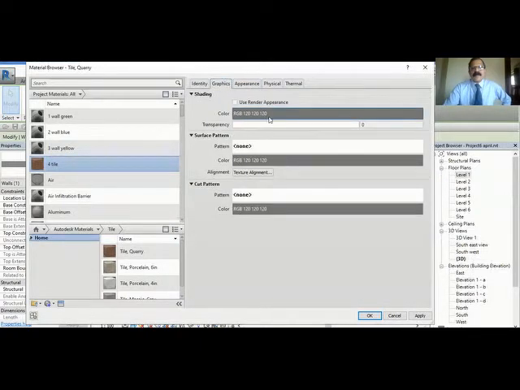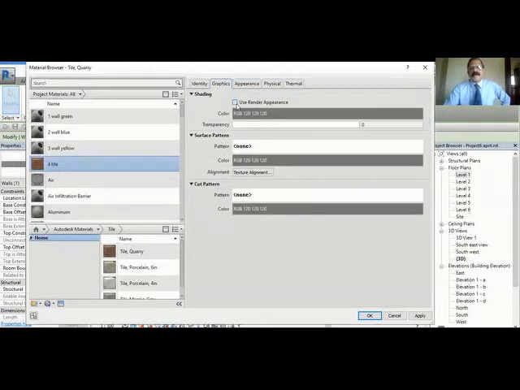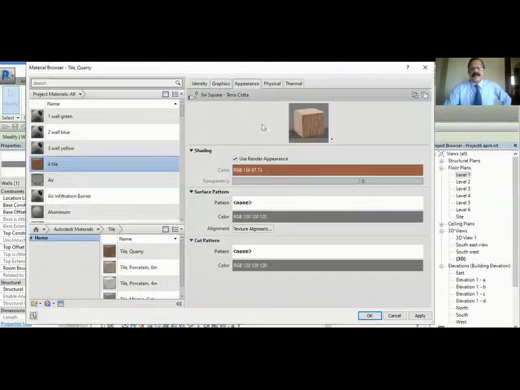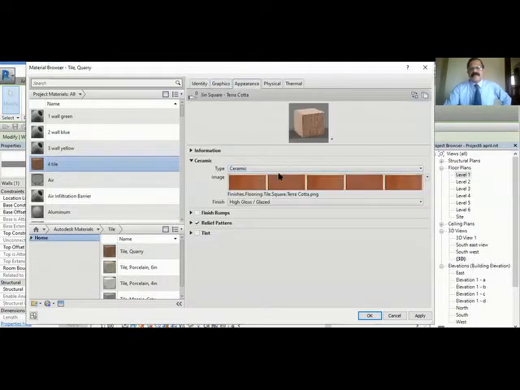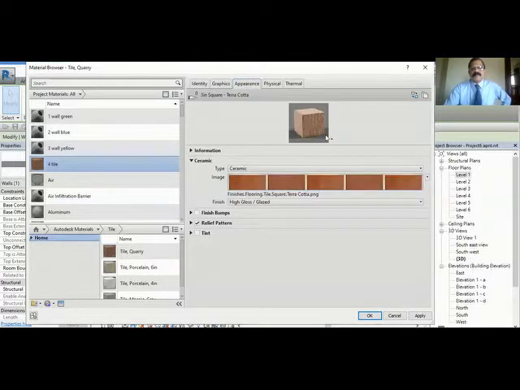I can give the color, or I want to use the same. This is the same I want to use as the paint. So go here and click the use render appearance. So instead of giving yellow, etc. color, you will see the original map itself. You can see that color. You see here, same color comes there, same color comes there. That is why this tick mark is used. If you don't want to use it, if you want to give a color, remove this and select and give a color you want. So here, this particular I want to get this color. Okay. So in the appearance, this is the tile.